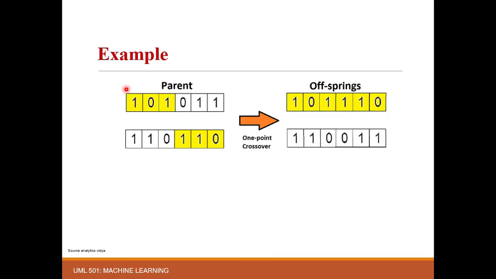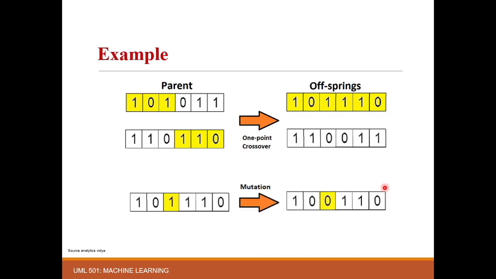Now we have to perform a single point crossover on these parents, and I have chosen this one third position as the crossover site. After crossover, some genes of parent 2 will go to the first child, combined with some genes of parent 1. Similarly with the second one. The crossover sections are shown in yellow color. The yellow part of the genes will go to the first child, and the white part of the genes will come to the second child.